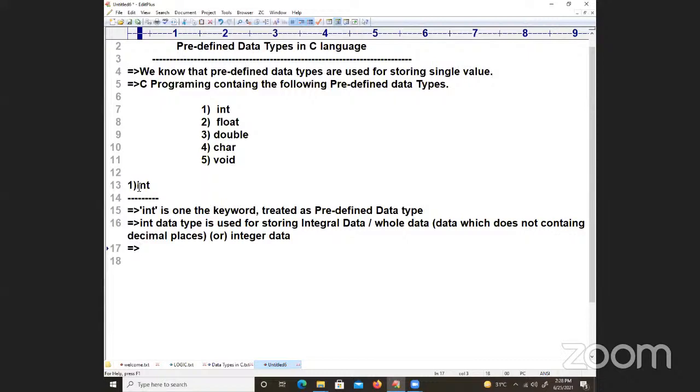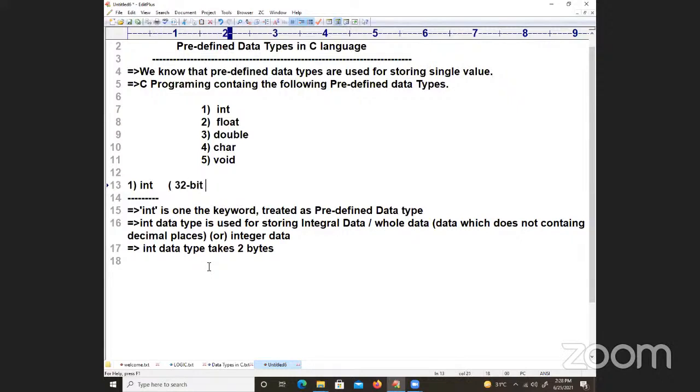Okay. Sir, when I use the int data type, how much memory space is taken? Every data type will take some amount of memory space. The int data type takes 2 bytes of memory space. Those who are coming from a Java background, the int data type takes 4 bytes in Java. As a Java faculty, I am saying int will take 4 bytes, but the int data type in C language will take 2 bytes.